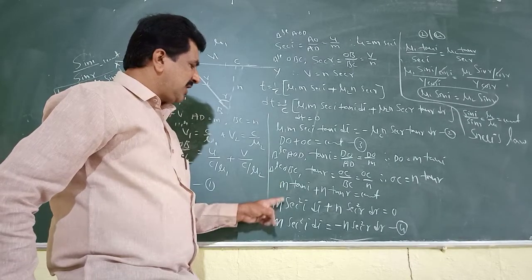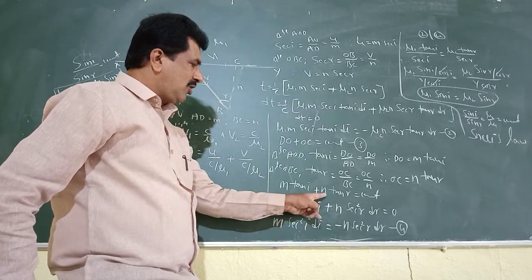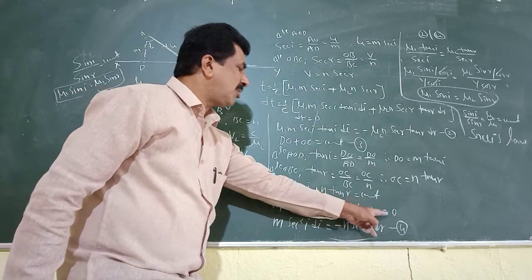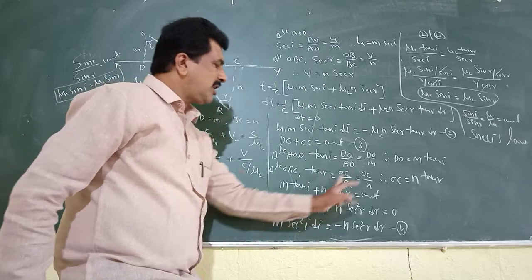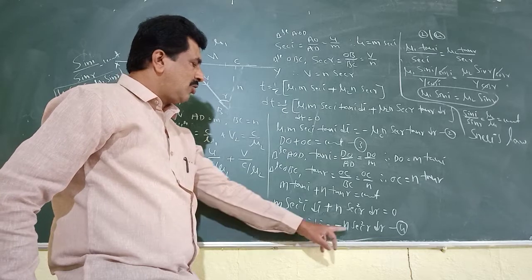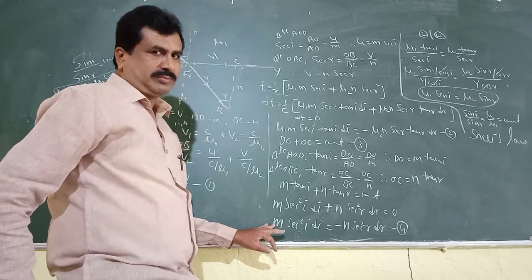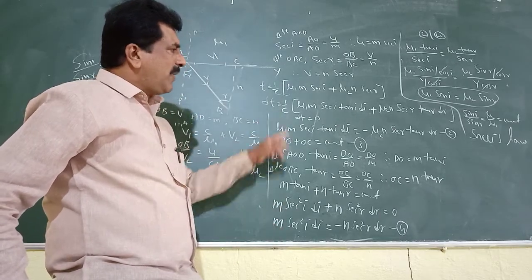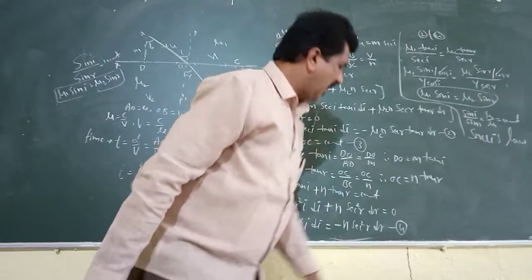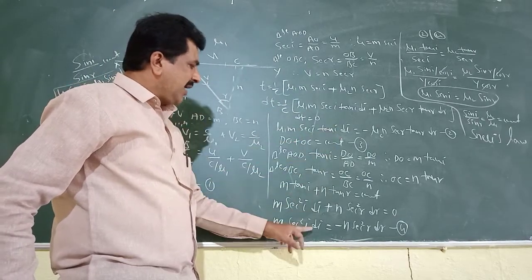Now we get, m is constant, the differentiation of tan I is sec square I into di, plus n into the differentiation of tan R, which is sec square r into dr, is equal to the differentiation of constant, which is 0. Taking this term to the right side, we get m into sec square I into di equal to minus n into sec square r into dr. This is equation number 4. Now divide equation 2 by equation 4. When equation 2 is divided by 4, m and m cancel, sec I cancels, and di and di cancel.